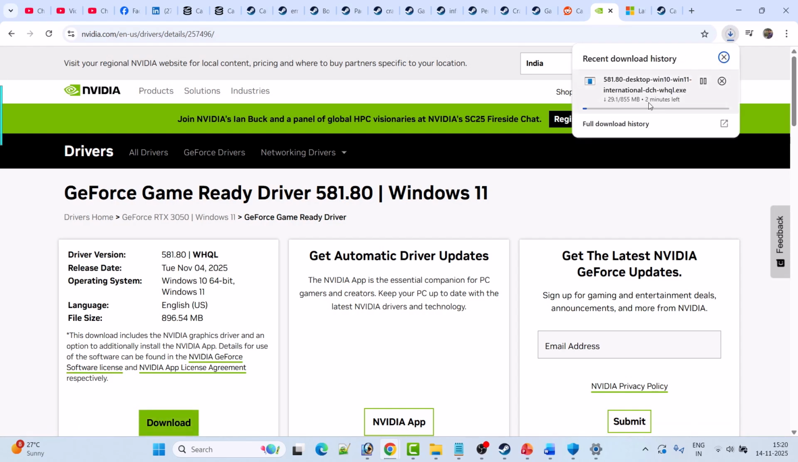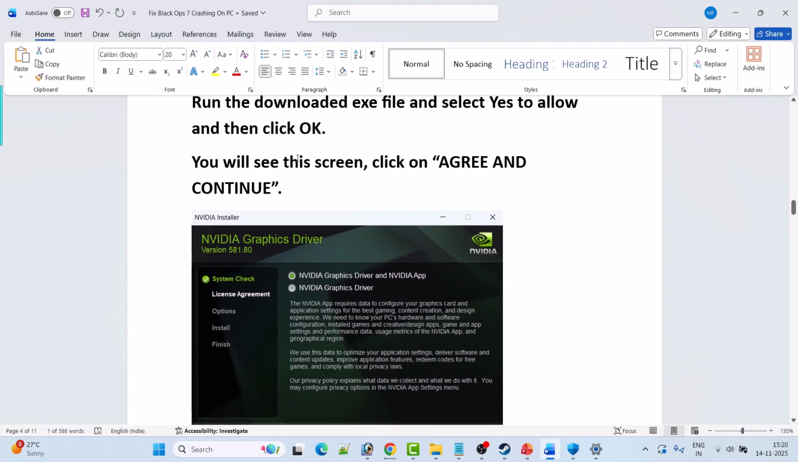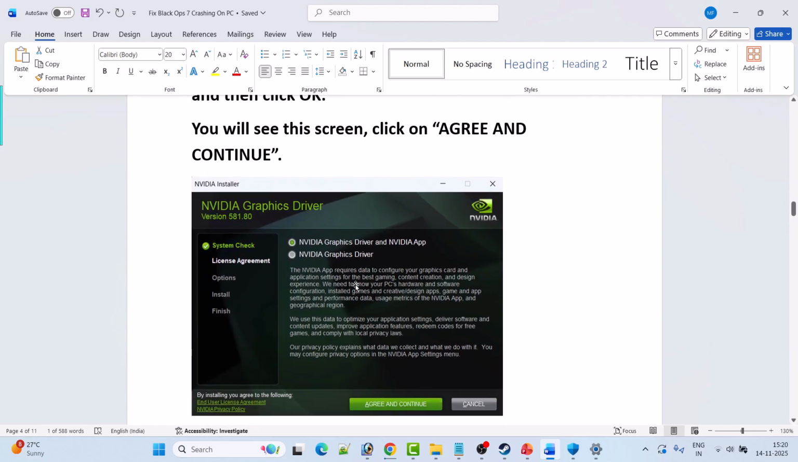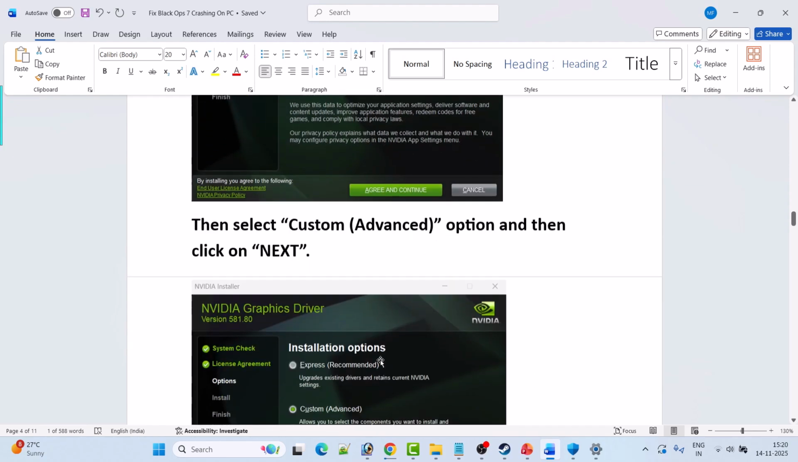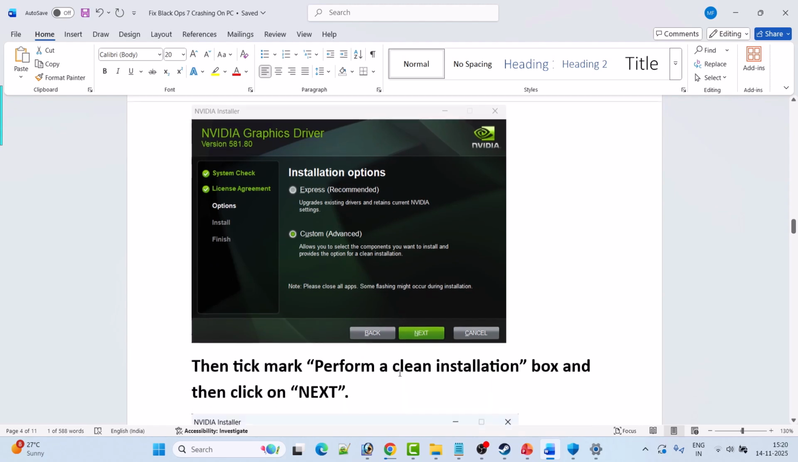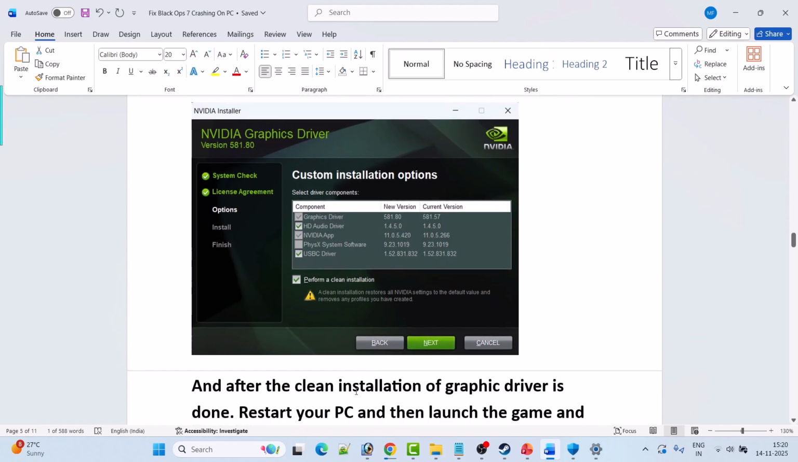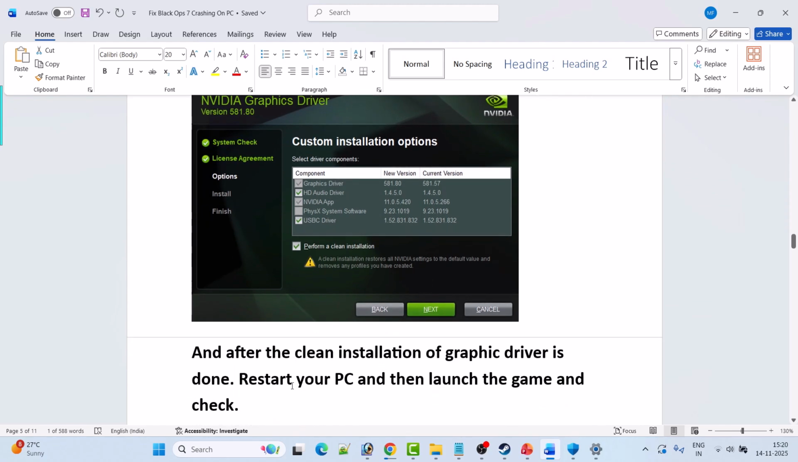And once this exe file gets downloaded, then you have to run the downloaded exe file and select yes to allow and then click OK. You will see this screen. Click on agree and continue. Then select custom advanced option and then click on next. Then tick mark perform a clean installation box and then hit on next. And after the clean installation of graphic card driver is done, restart your PC and then launch the game and